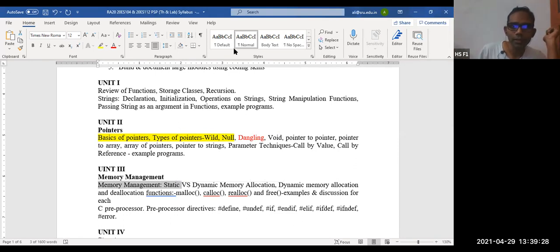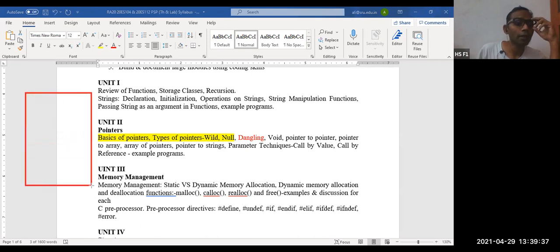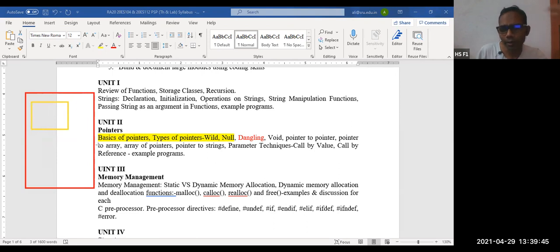I'll give you a brief description. We are going to create dynamic memory. Dynamic memory is created on the heap. For example, we have a heap memory. On this memory, we are going to create the variable. Say this is a variable. Using malloc, calloc, realloc, three functions which you can see here in the next unit, we are going to allocate the memory.